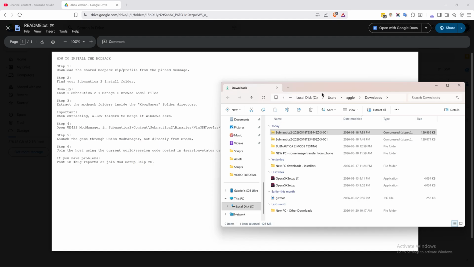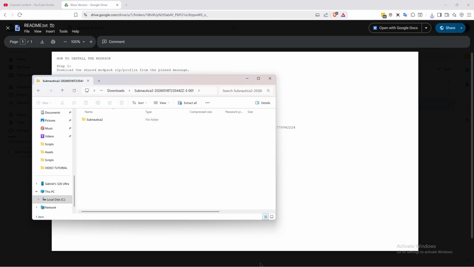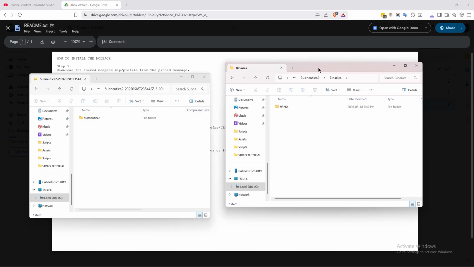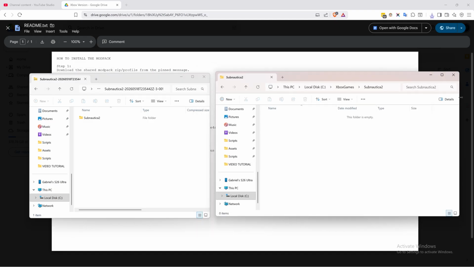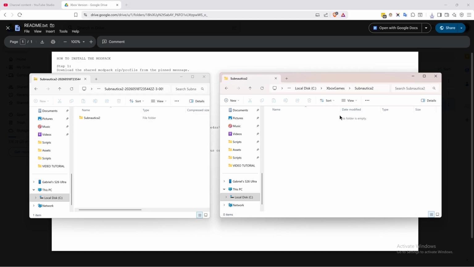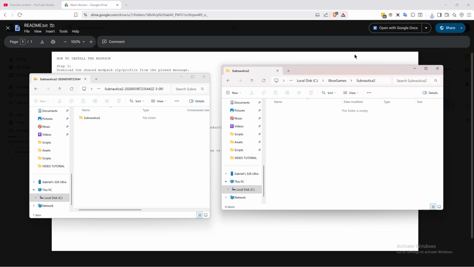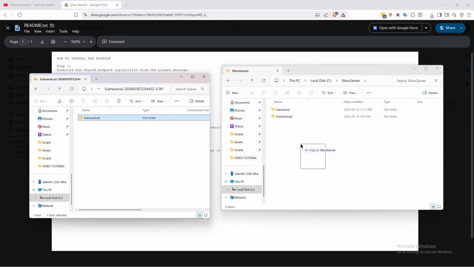So I have downloaded the Modpack here, go inside the zip folder. You're going to have these two folders. So keeping it very simple, you have Xbox games Subnautica 2 that you're going to be in. Once you go into your game folder, you can see in my case it's in C, Xbox games, Subnautica 2. So same idea as with the Steam version, you want to go one step back, so you want to go into Xbox games. So it has to look like this. It's your Xbox games folder that you have to be in, where you see your other games. Then very simple, you drag and drop,